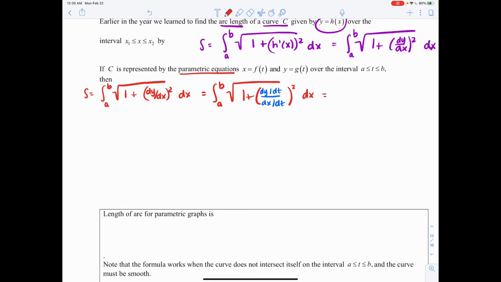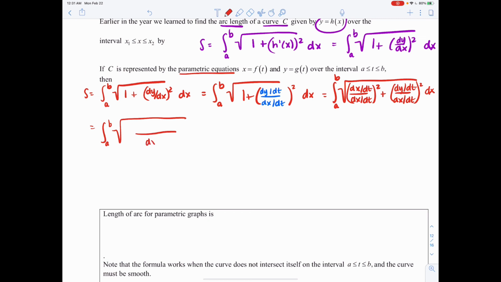All right, so from here, I'm going to find a common denominator. We're going to write this as dx dt over dx dt squared plus dy dt over dx dt all squared. And remember, I have that dx hanging out in the back. If I combine these all over